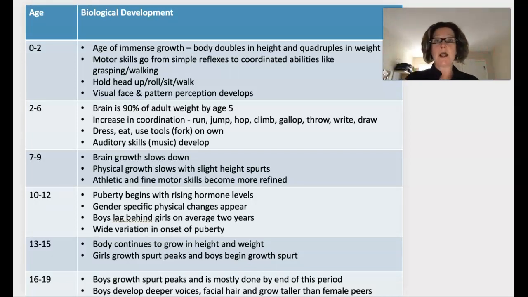Now we're going to look at the whole body. So we looked at the brain, now we're going to look at the whole body development. And again, try to think of kids that you know in these ages. It makes more sense when you can picture real life kids: niece, nephew, your own kids, neighbors' kids, brother, sister, any child. This will also help you to start to think about your assignment 1, where you're actually creating a child. So if you wanted to create a child that was 10 years old, you might want to start going, oh, I need to incorporate these kinds of physical aspects.